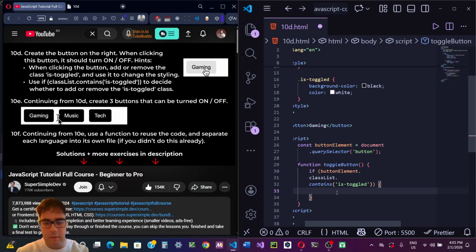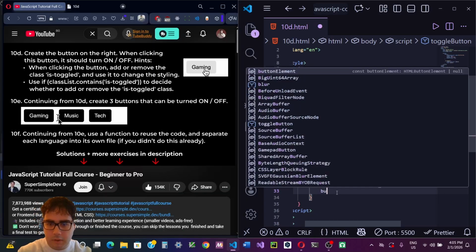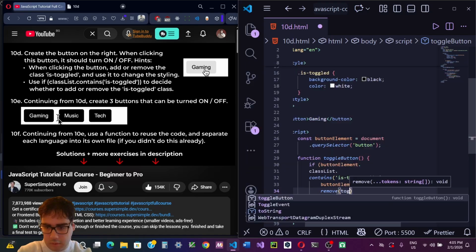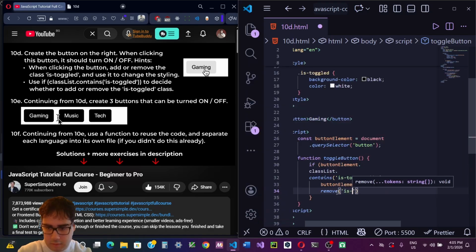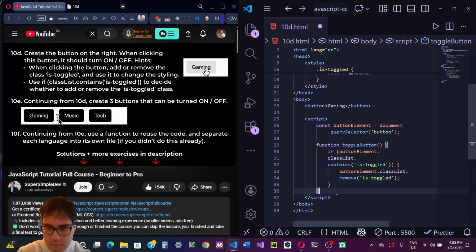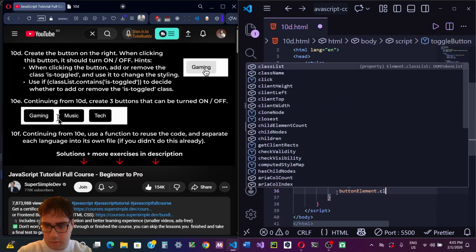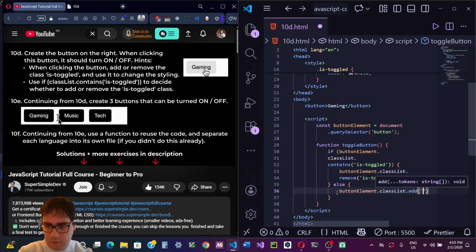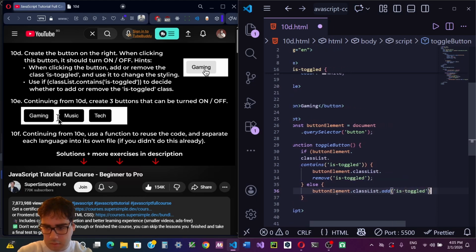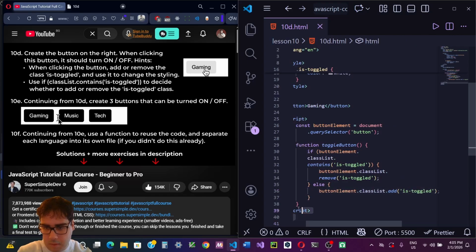If it contains is toggled, we're gonna do button element dot class list dot remove is toggled, else it's gonna be button element dot class list dot add is toggled like this, and we're gonna